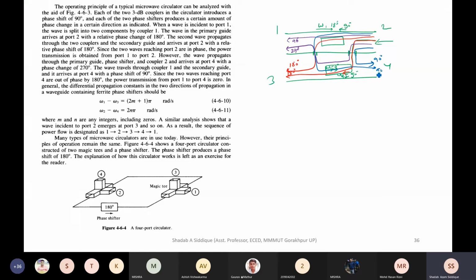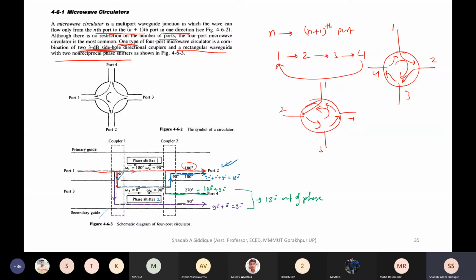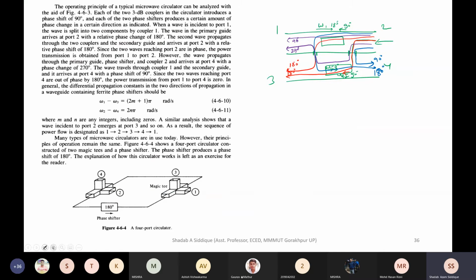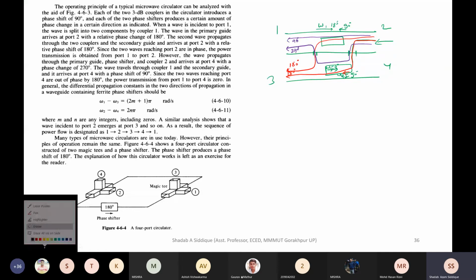So 90 plus 90 and 0. Is this 90 degree phase shift or 180 degree? Okay, 0 is there now, forward direction. So 90 plus 90, 180. Oh, sorry. So port 2 to port 4 we cannot take. See, from port 2 it will go to the neighboring port, port 3 and port 1 maybe. Not port 4, not port 5, not port 6. Only the neighboring port you should see. I'm sorry, I have taken this. So this blue one, you just remove it. Port 2 to port 4 it will not go. It will only go to the neighboring port.